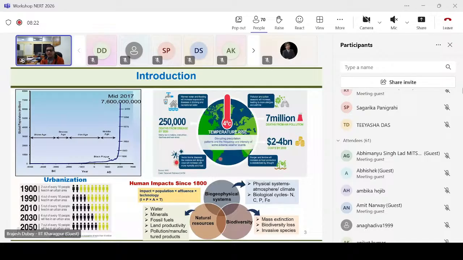In industrial ecology, you may have heard the term industrial ecology. That basically is a course of study. This is the basic definition they use to quantify impact. Impact is population times affluence times technology. So your population is going up. Affluence, we can quantify that as GDP per capita. Now, GDP per capita, we want it to go up, isn't it?